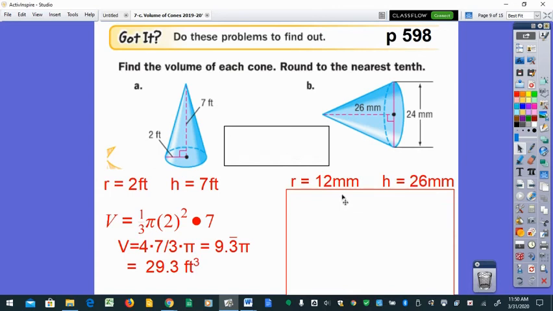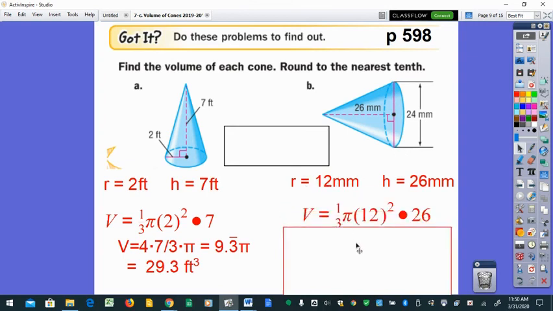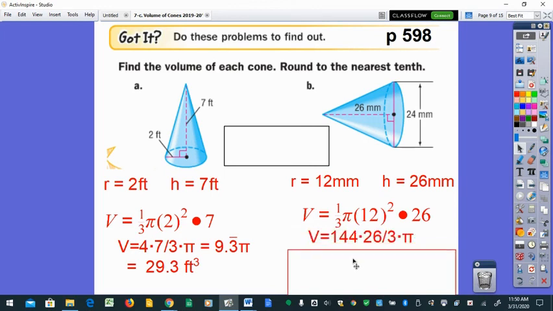Notice that the first thing I did was take that 24 and divide it by 2. I cut it in half because I've got the long guy and I need the short guy. So you take the diameter divided by 2, there's your radius. Again, here is the formula as written in the book. 1/3 pi times the radius squared times the height. I'm going to take that 12 and square it, multiply it by 26, and divide by 3. And I will see in the calculator